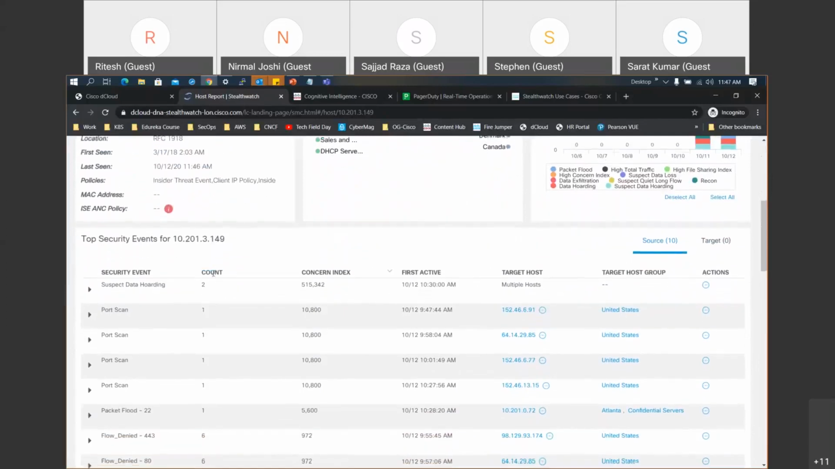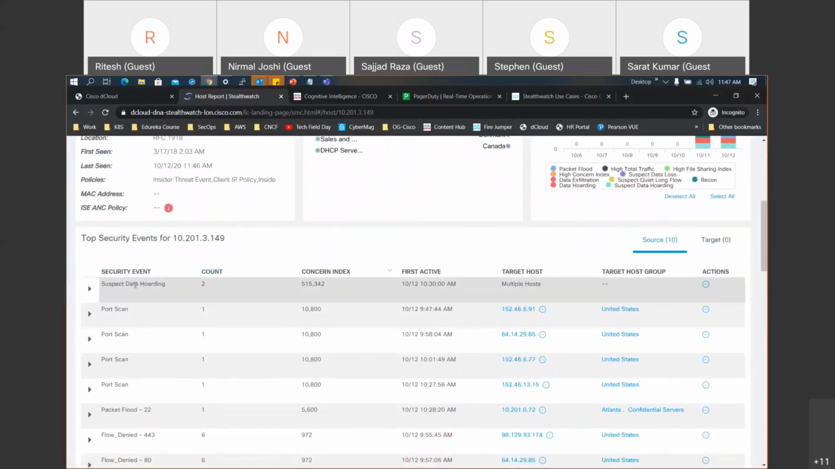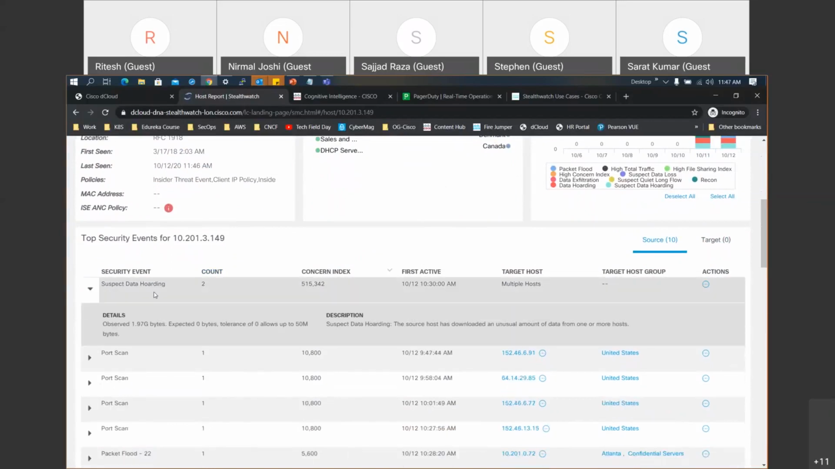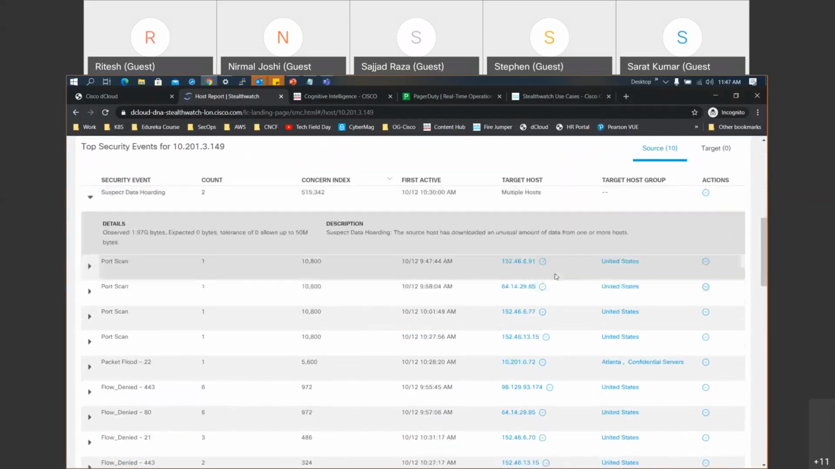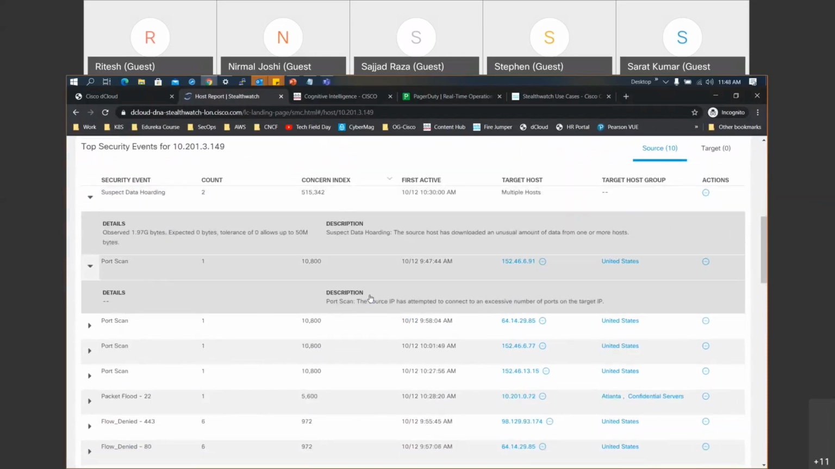What I also notice is that in the security events, I see suspected data hoarding. This means we have observed that this host has close to 1.97 GB of data downloaded from a server, which is not normal behavior because this host never used to download that much in the past. Maybe this is breaching a threshold which I have set in our environment. And this host is also doing a lot of scans. If you see this concern index, this is a very clear indicator. The higher the concern index, the higher the problem with